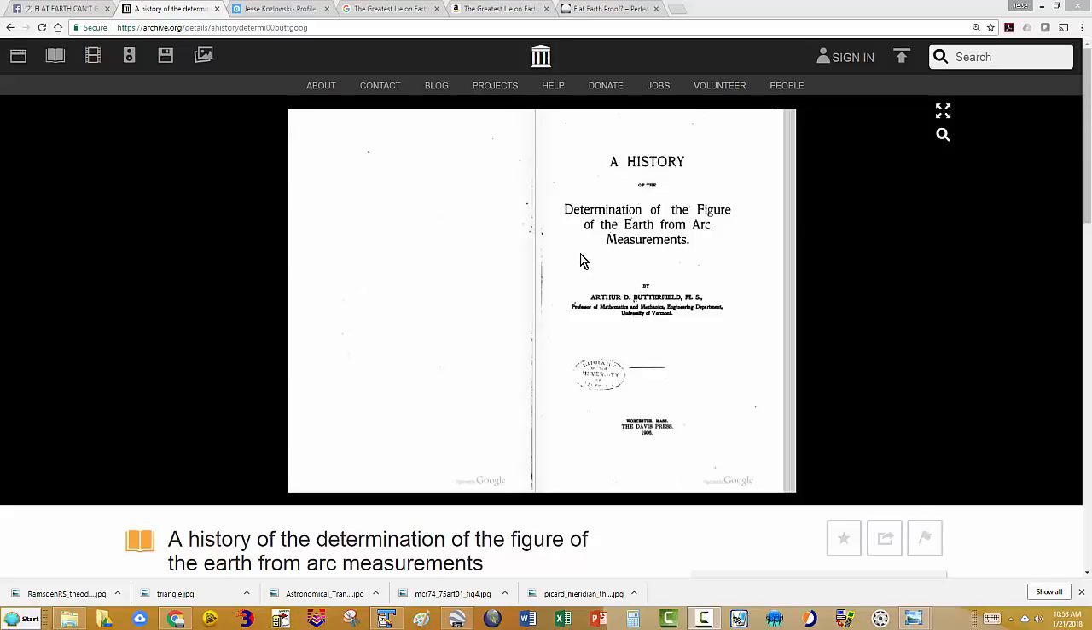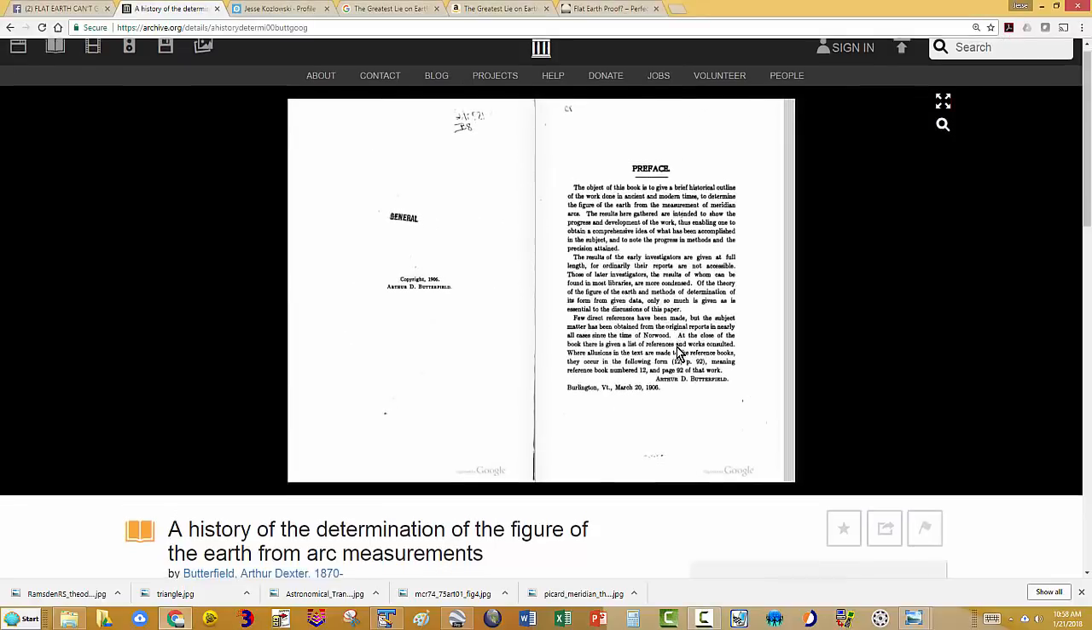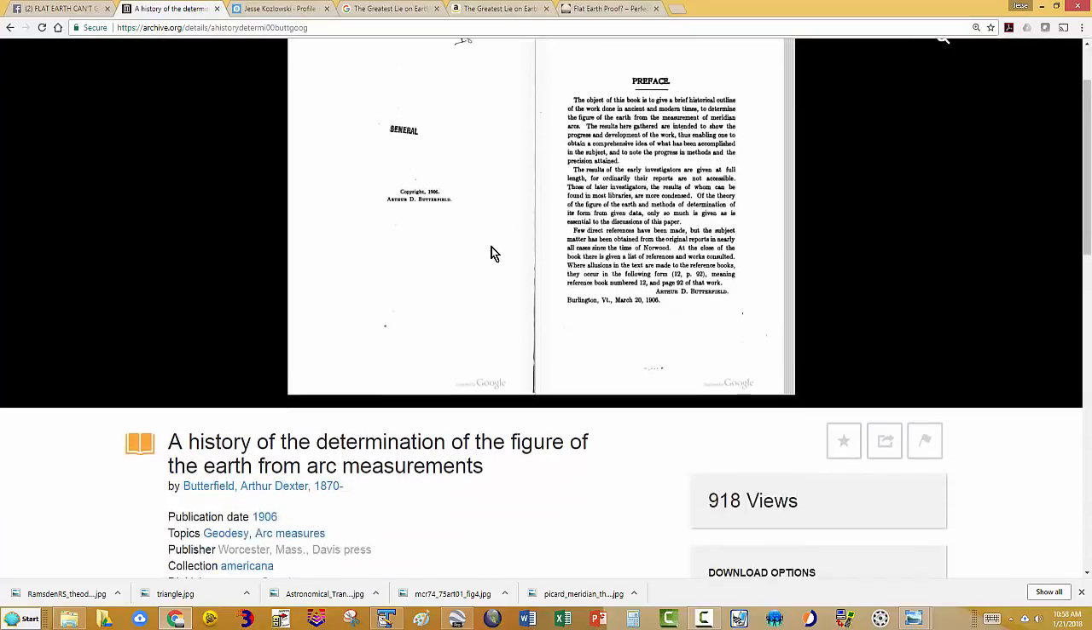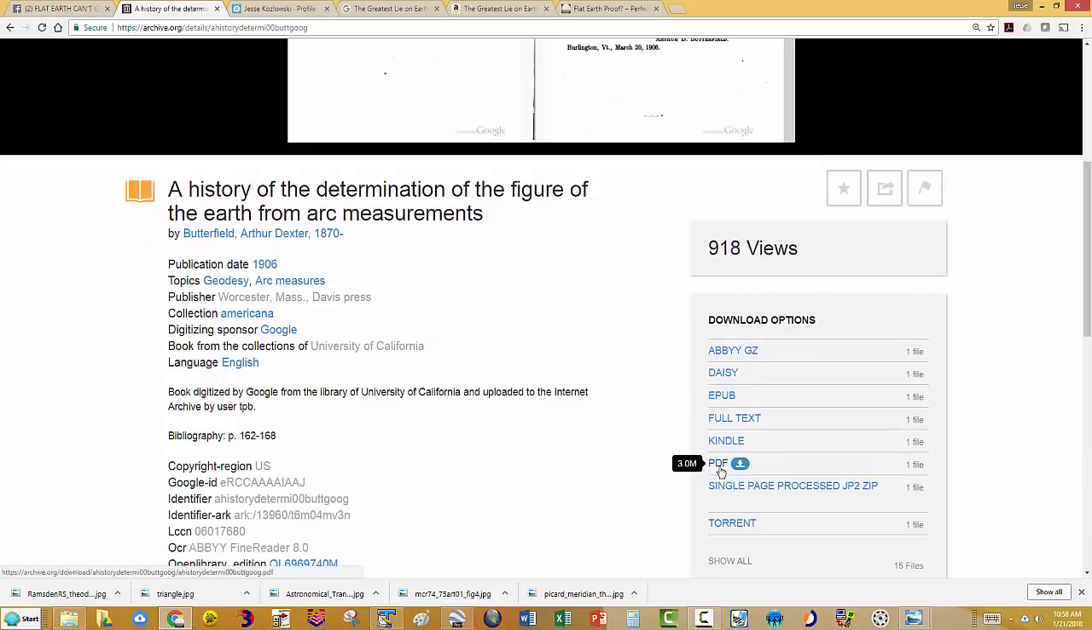But I bring this book up from time to time, and if you'll notice I've said things on my YouTube channel about this book and in my Facebook group, Flat Earth Cant Geodesy. I'm talking about this book, A History of the Determination of the Figure of the Earth from Arc Measurements, written in 1906 by Arthur Butterfield. I really encourage everyone to come to the link that I've put in the description box here and get yourself a copy. Just download the PDF